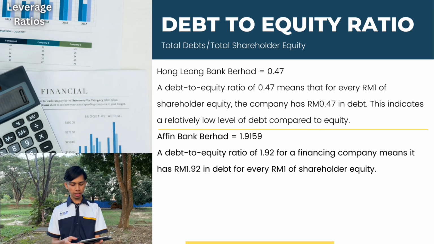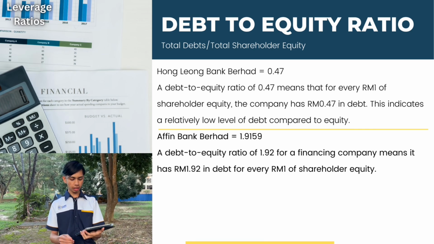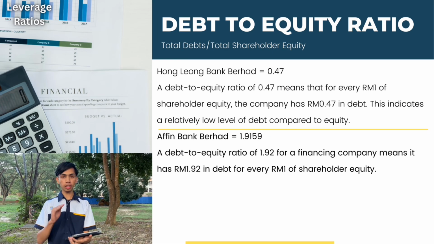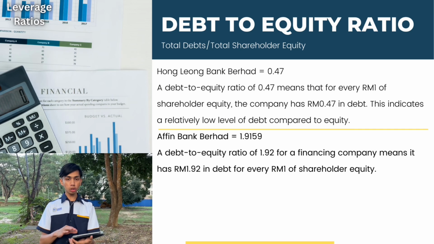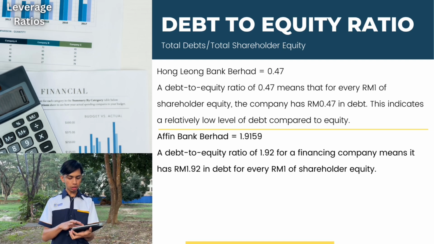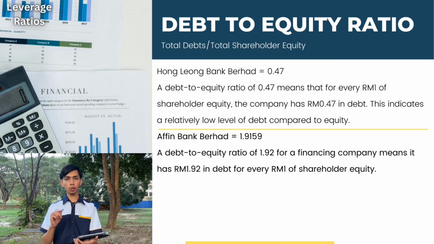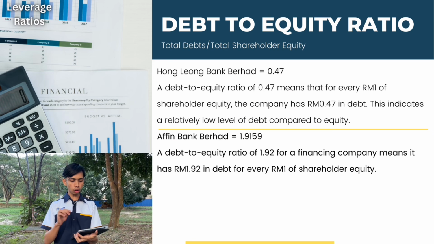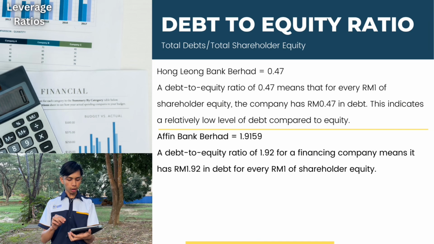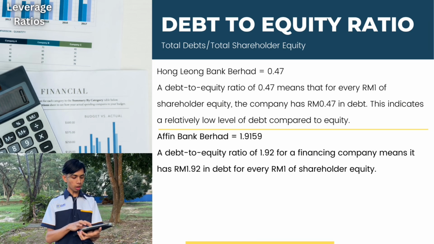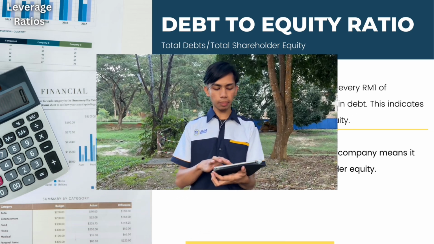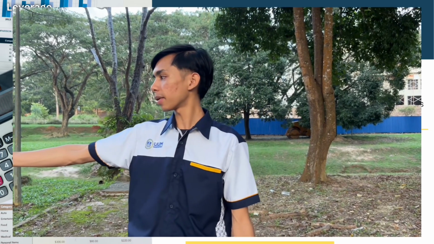So what is debt to equity ratio? It tells us how much the company's debt is versus the company's equity. The formula is straightforward: total debts divided by total shareholder equity. So for Hong Leong Bank Berhad, it has 0.47 debt to equity ratio, and Affin Bank has 1.9159 debt to equity ratio. Affin Bank has a higher reliance on borrowed funds, with 1.92 ringgit for every 1 ringgit of shareholder equity, while Hong Leong Bank doesn't rely much on debt. That's all. I pass to